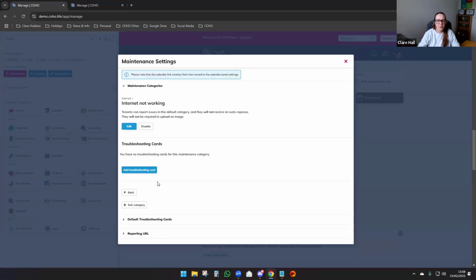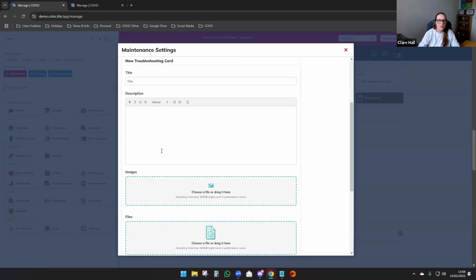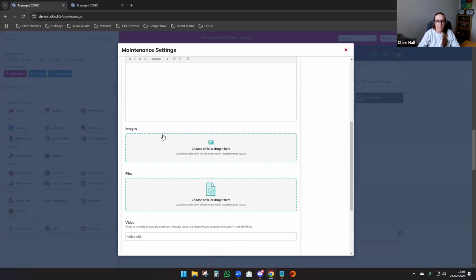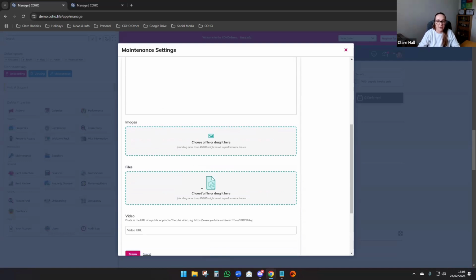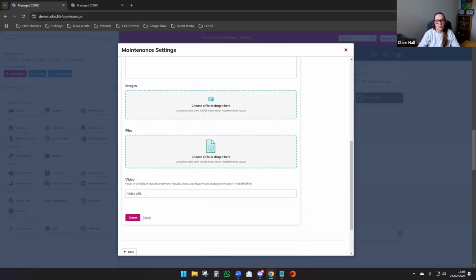The other thing that we can do is look at troubleshooting cards as well. So for example, you can add in a title, a description, and you can upload any images or any files. We also have the option of being able to put in a YouTube URL. Now, it does need to be done in a specific way because it needs to be an embed video URL that you enter into that,